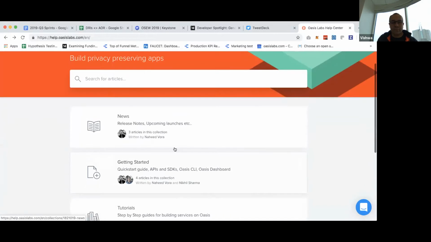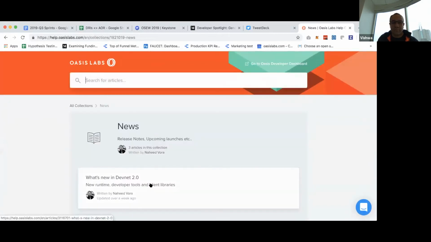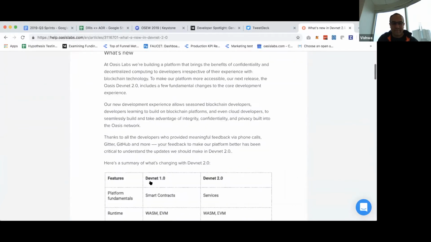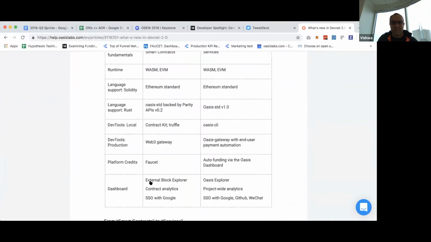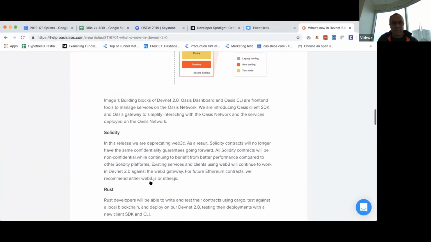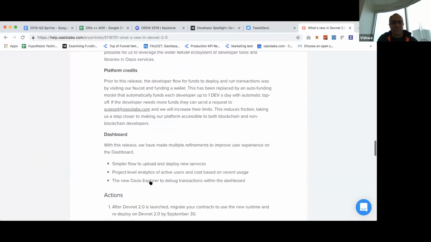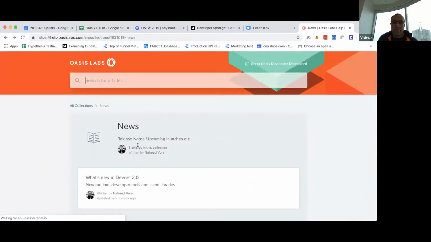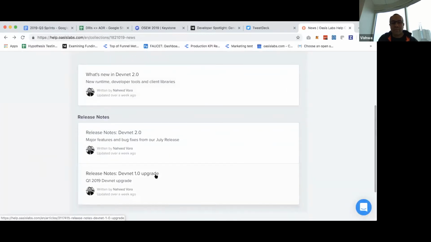If you're curious about what I mean when I say what's new, we have a whole article on some of the big things that are coming out. You guys can take a look at that here. It might help summarize some of the stuff Vishwa went over in a little bit more detail. We also link to a couple Rust libraries, which may be helpful for folks as well. So it's a good place to get started.